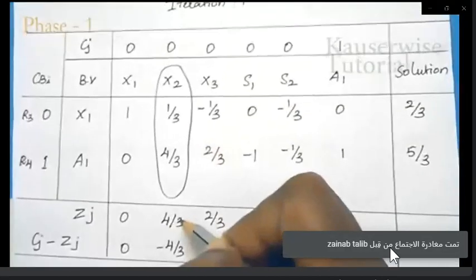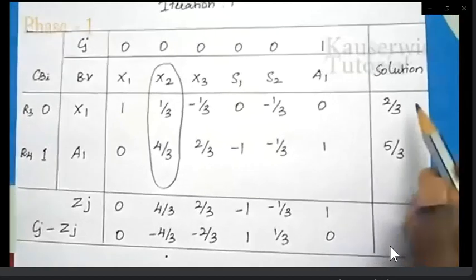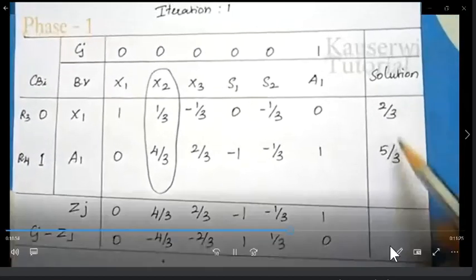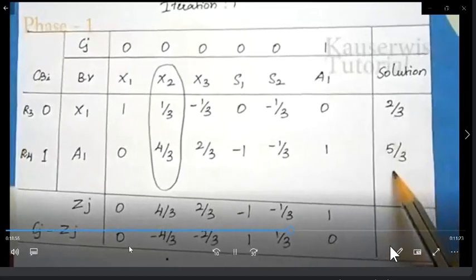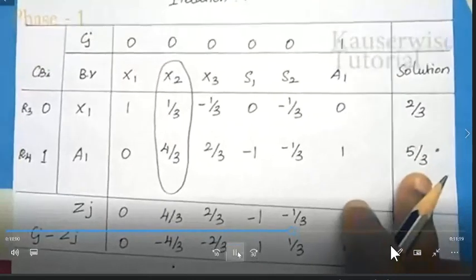Now we have to find the key row. In order to find the key row, select the most positive. In the solution column, we have two values now. Which one is most positive? 2 by 3 or 5 by 3? So 5 by 3 is the most positive value. So this will be the